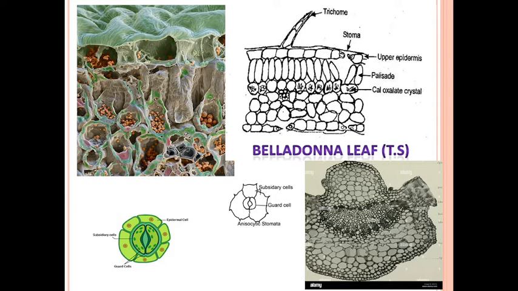After that a striated cuticle is there. This is the cuticle, which is striated in nature. A striated cuticle with wavy-walled epidermal cells is found under the microscope, followed by the palisade cells. These palisade cells are present in the lamina region and absent in the midrib region. Below each upper epidermis a layer of palisade cells is there. So this is the palisade cell.